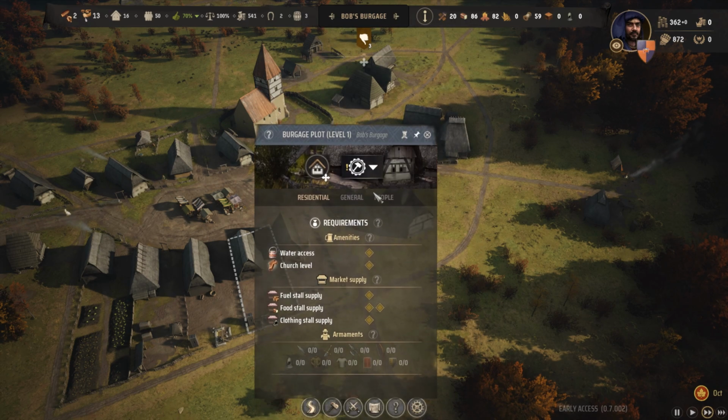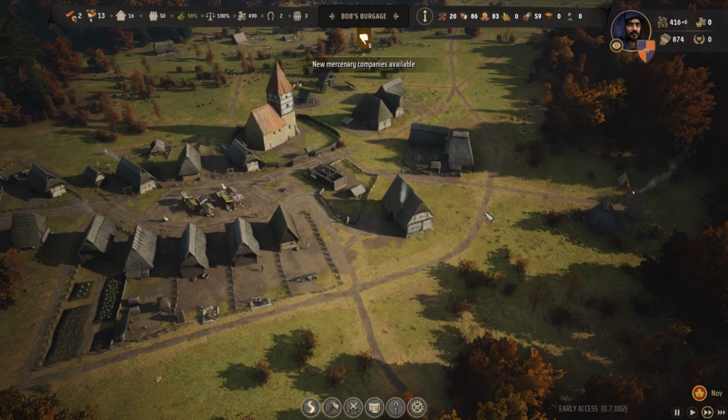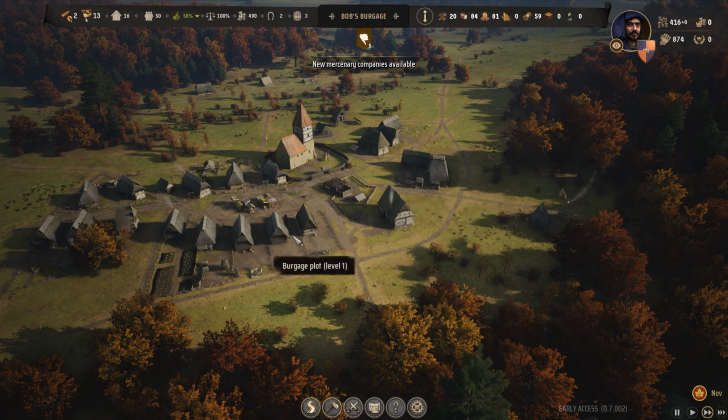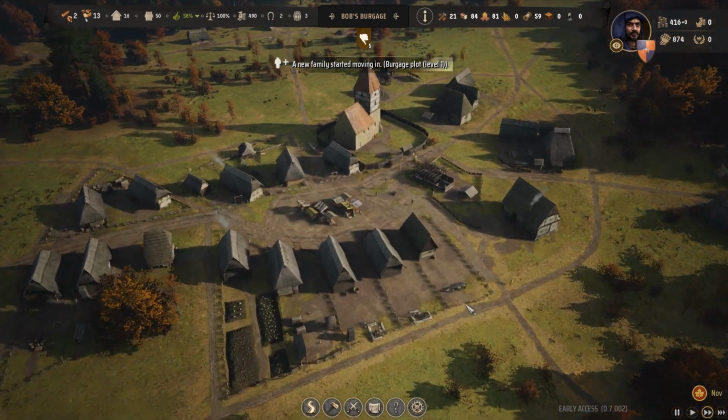So I'm going to have to upgrade another plot here to level 2 so we can get clothes being made as well. Because we need 2 types of clothes to make these people happy. So I need to check that at the moment, we still have families working in these places. But as soon as we start upgrading these buildings, we're going to lose them. And that's going to be something we need to...